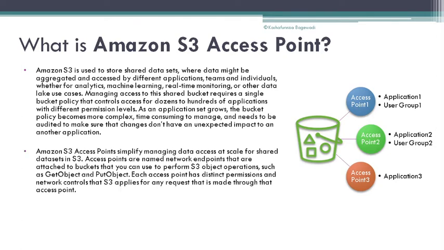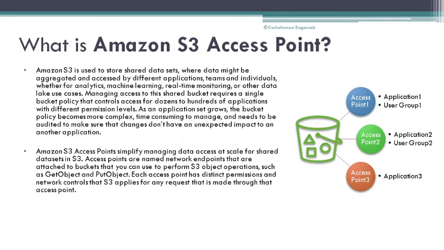Amazon S3 access points simplify managing data access at scale for shared datasets in S3. Access points are named network endpoints that are attached to buckets that you can use to perform S3 object operations such as get object and put object. Each access point has distinct permissions and network controls that S3 applies for any request that is made through that